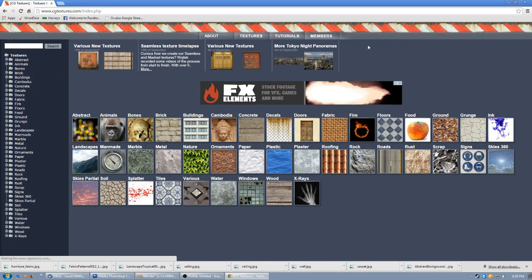Now, in order to download the high-res versions of each one of these images, you have to sign up for a membership, but it's free. It doesn't cost anything. You just have to answer a confirmation email, I believe, and then you get onto the site. So you can sign up if you like, but you don't absolutely have to, only if you want